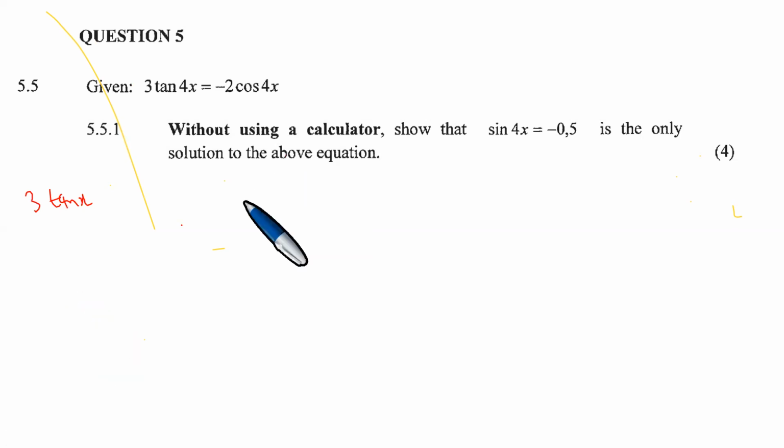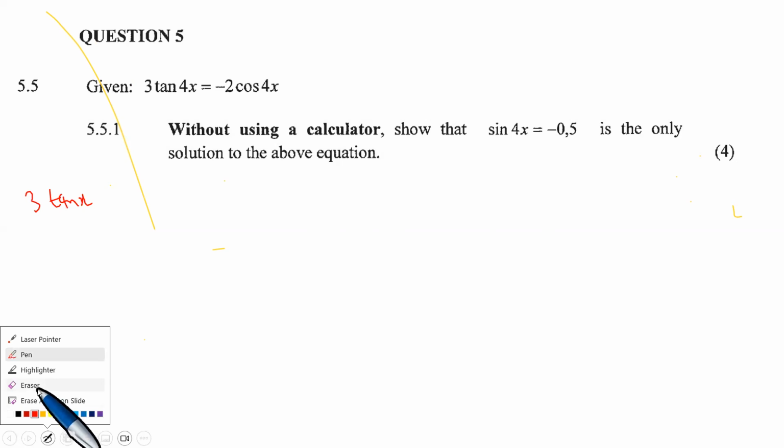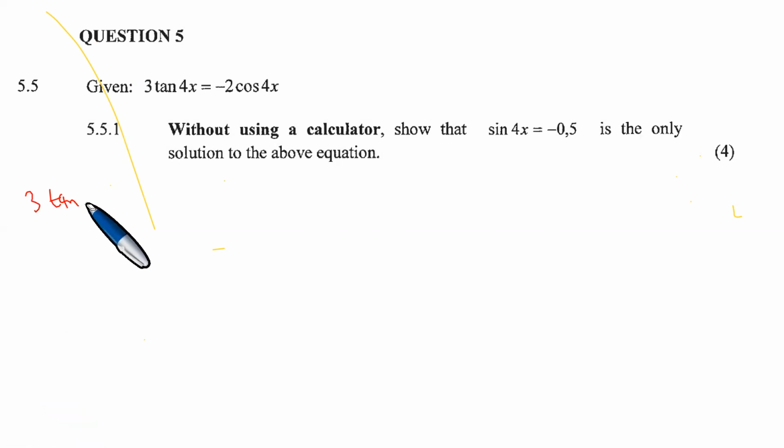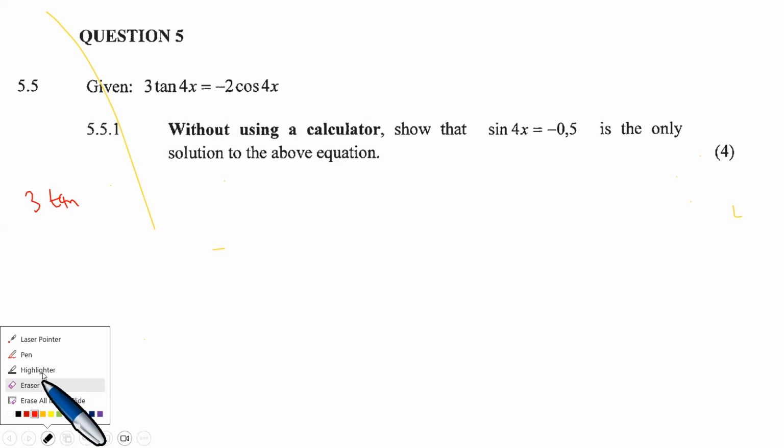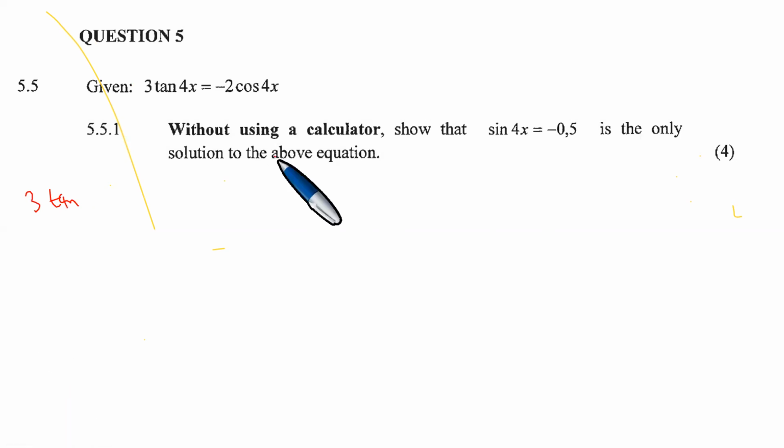So we copy the question, which is exactly the tan of 4x. I need to write the tan of x, not just tan x. Right, so you have the tan of 4x is equal to minus 2 cosine 4x, which at this point becomes